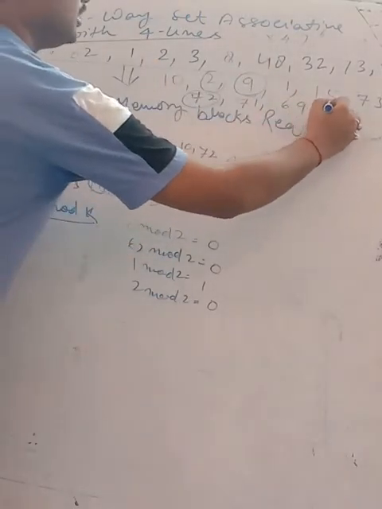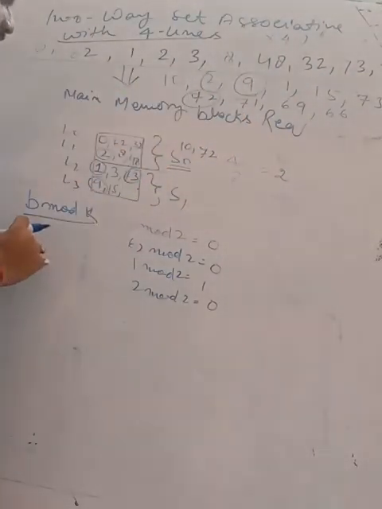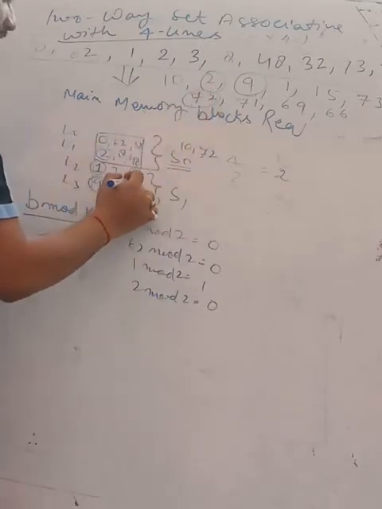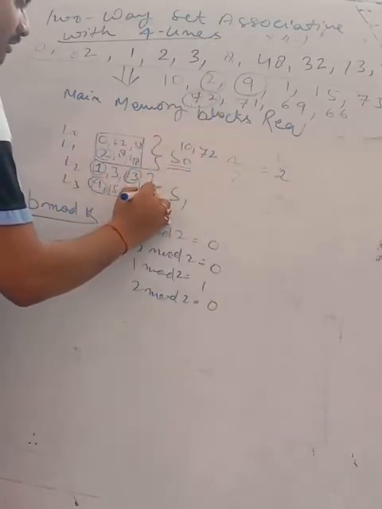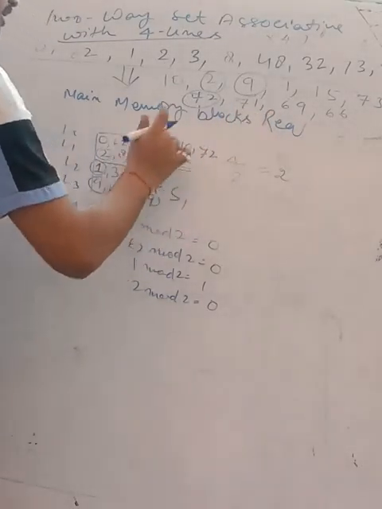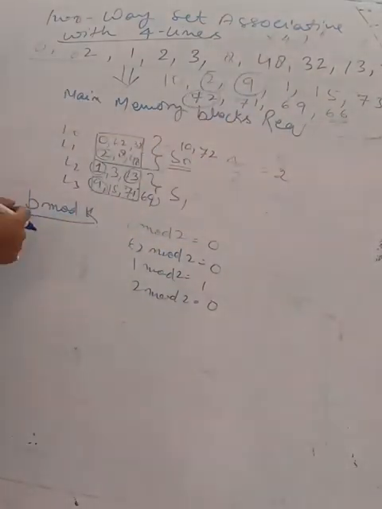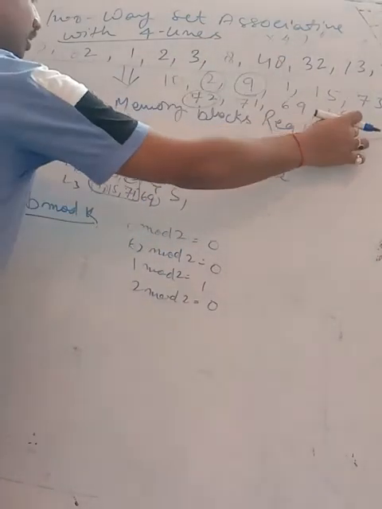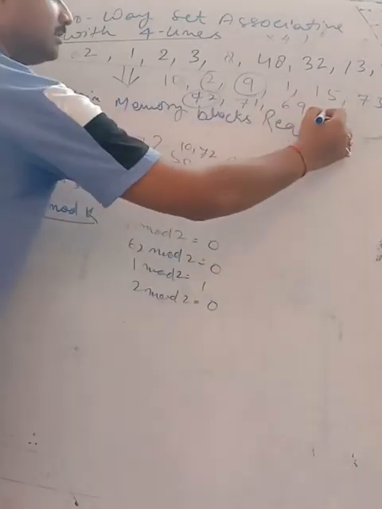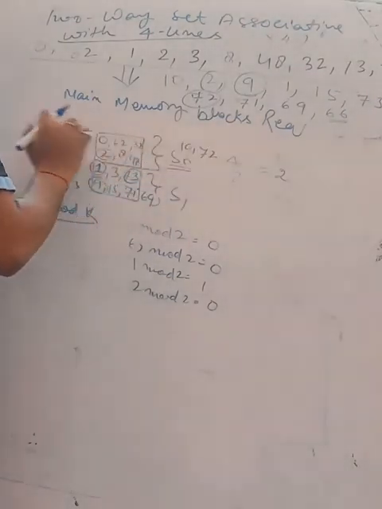We have one more reference like 66. Okay. Now in this case we have 5 elements. So 71 will be stored here, 69 will be stored here, and 66. Now when we talk about 66, 66 is a new block and all the blocks of set 0 are full. Because 66 will always be stored in set 0, we will check in set 0.